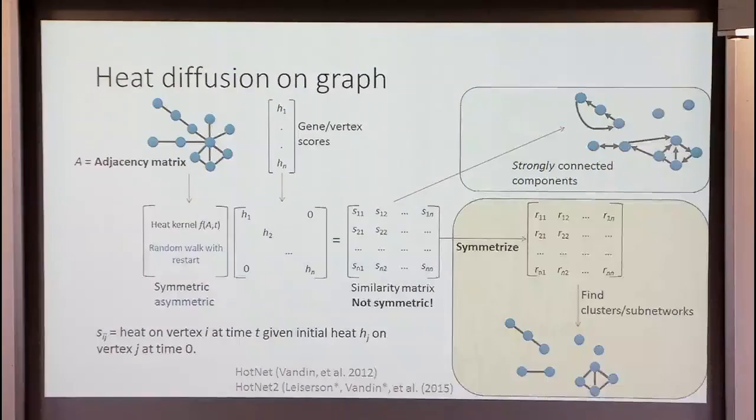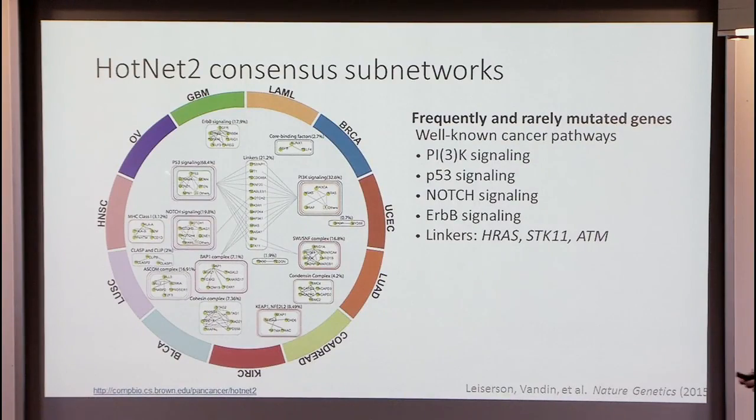So you can then take these prioritization methods and try to use them to pull out these subnetworks. This is just one example that was applied to the same data set, where you pull out now not single genes that you're predicting are cancer genes, but groups of interacting genes. Many of these correspond to protein complexes, and you're starting to see this.